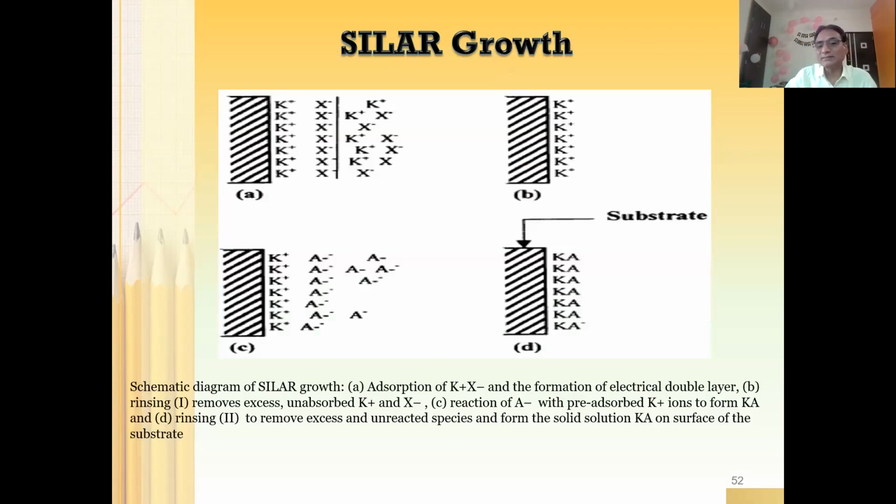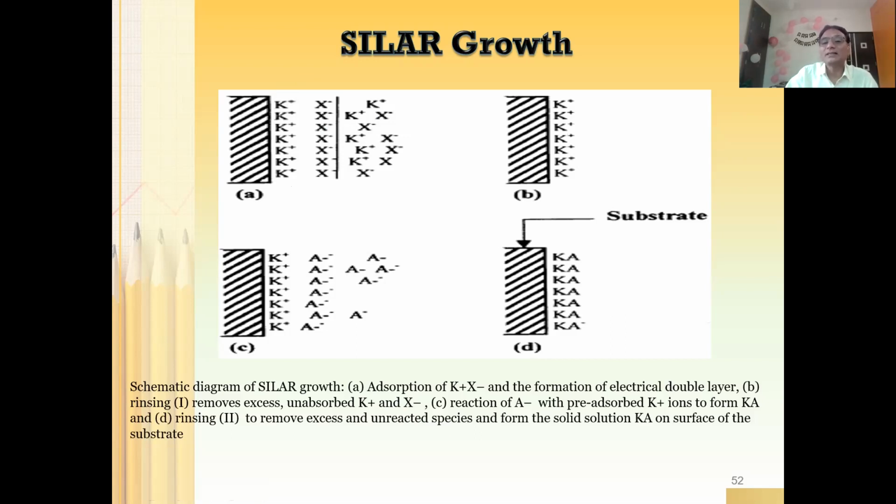This is step number one, and all four steps rather. You can see step A is step number one. Whenever you insert your substrate in the cationic solution, you can see this cationic layer is going to be formed on the surface. This is called the first layer. The second layer is going to be the anionic layer, right? And then you will have some excess cations and anions. You can see this anionic layer and the excess cations and anions need to be removed, and this is what happens during the rinsing process.